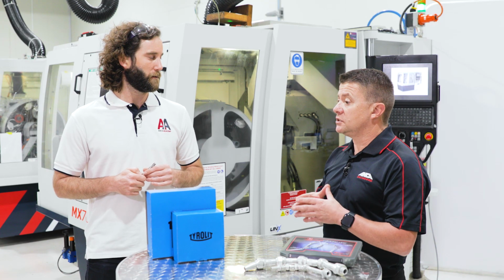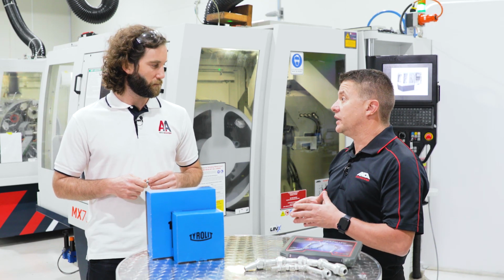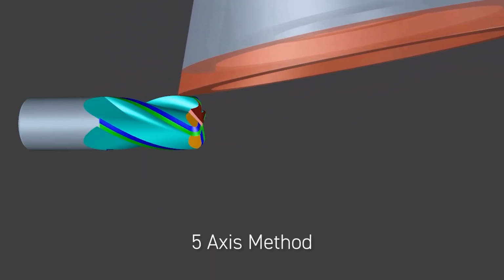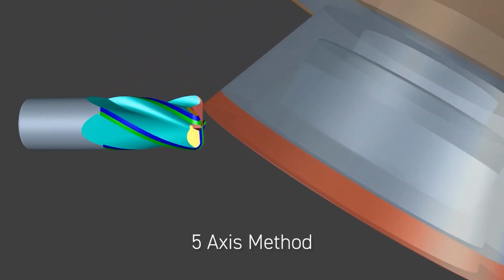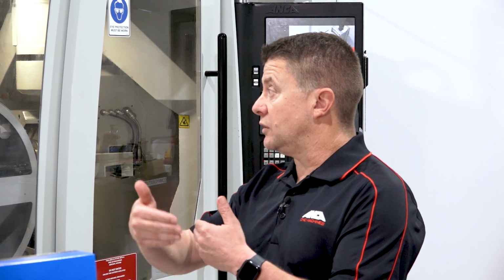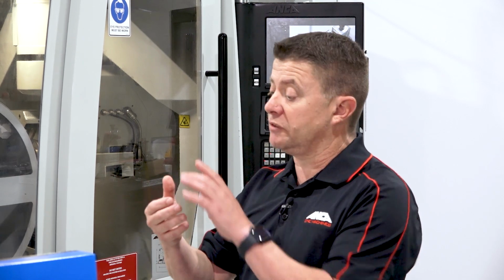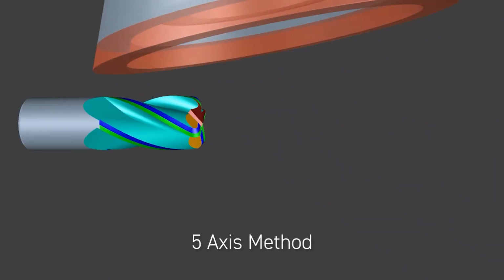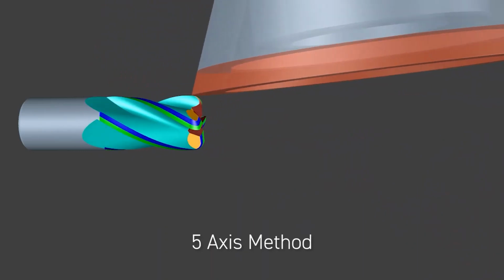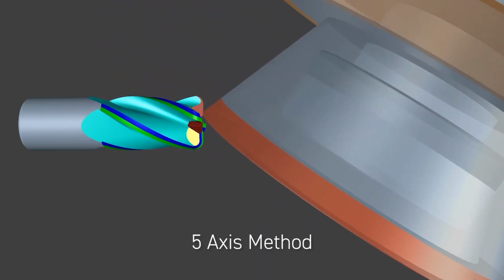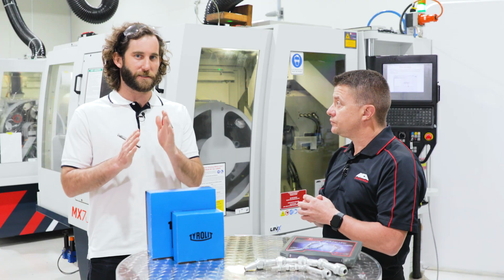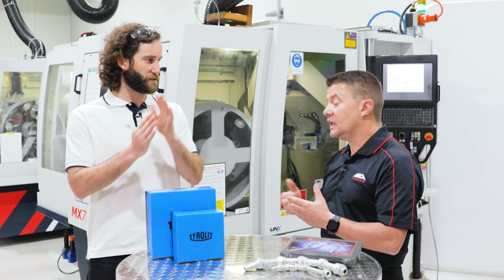Okay. 5-axis grinding is probably used on larger tools with larger corner radiuses. We can program the various pivot angles so that when we come around the tool, we can use different orientations or different points on the wheel, and that can change our clearance angles. We can utilise it especially on multi-flute tools where we may need to avoid hitting the next flute. Okay, so if clearance is tight, maybe use the 5-axis method so you can control that a little better. So there's no rule, but these are the general rules we go to.